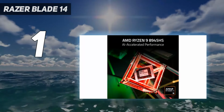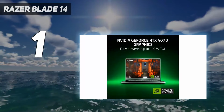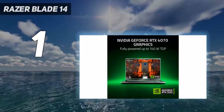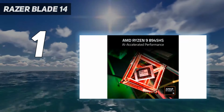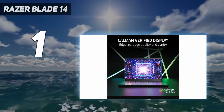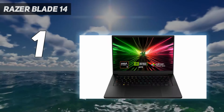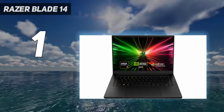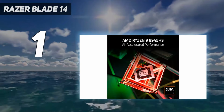While the latest hardware refresh in this year's Blade 14 doesn't completely outpace its predecessor, it does beat it by a respectable margin, as well as outperforming every other 14-inch gaming laptop we've tested so far this year. Given Razer's pedigree, it's safe to say that I expect Razer's lead here to be secure for many months to come. In terms of the laptop's actual performance, the RTX 4070 GPU in the unit I tested was capable of